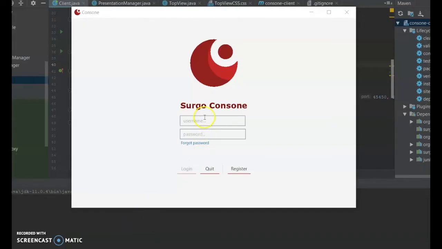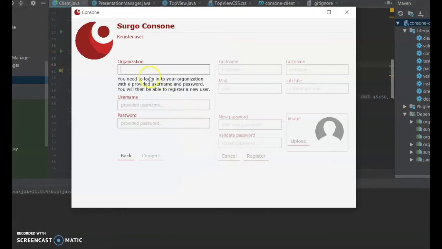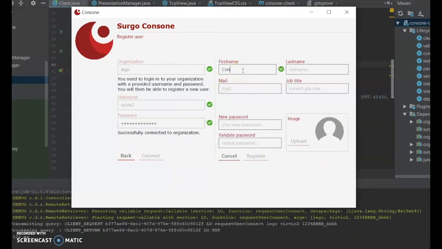The login screen confronts the user with a view asking the user to either enter the correct user credentials to get access to the software, quit out of the program, or register as a new user. If the user wishes to register as a new user, another view is presented, asking for correct credentials provided by the employing company. This is a requirement to be able to create a user login. If the credentials are correct, the user is able to provide further information, finish the setup and get access to the application.